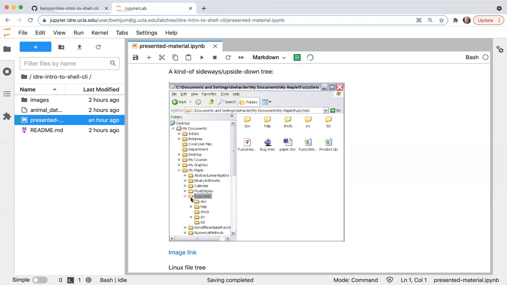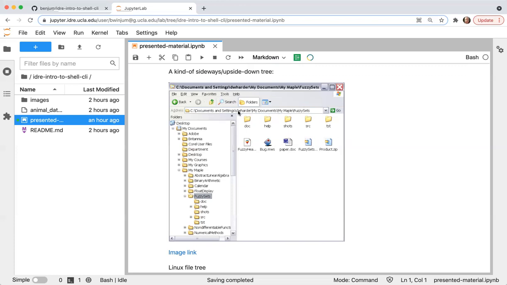There are folders within folders, and the tree ends up evolving sideways, or in the down direction from top to bottom. And within any folder, you can have other folders and you can have files. If we look up at the top, we see the path of the particular folder that we're in. So we're in this folder called fuzzy sets. We can see the folders within it here, as well as the files that are in it here.